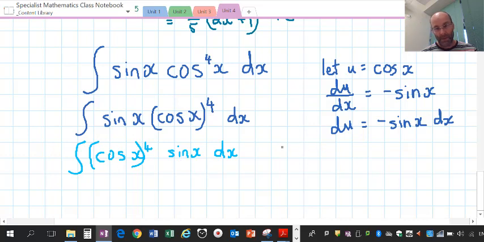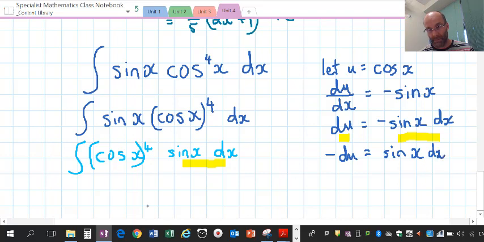And that means we can replace that with negative du, okay? So negative 1 du is sine x dx, okay? And so this here is f of u, which is